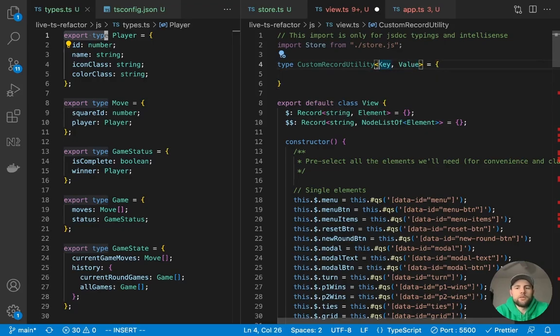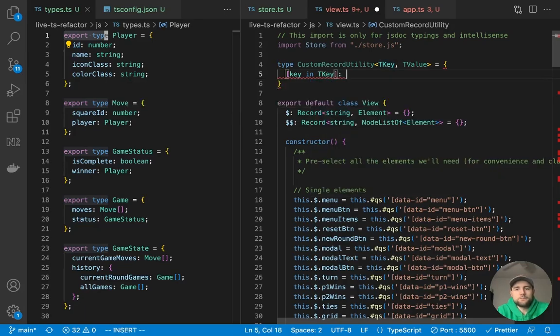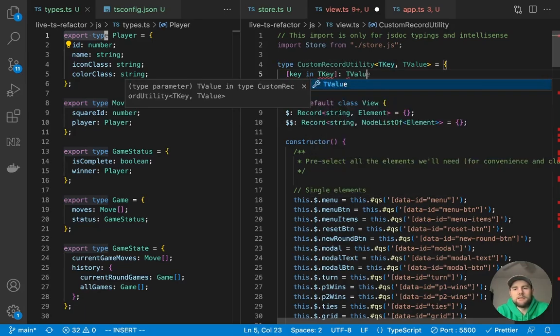And usually with generics, you're going to put a T in front of it. That's just a convention that I use to signify or express this as a generic. And then we'll use the same syntax. So the key is in T key, and then the value is T value.